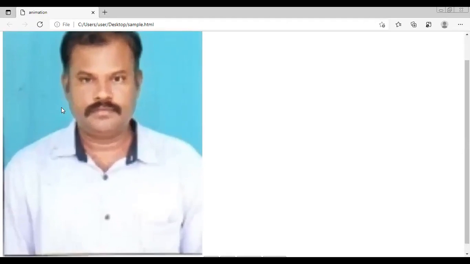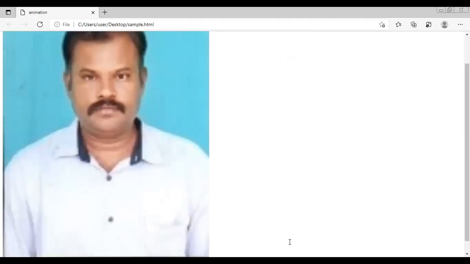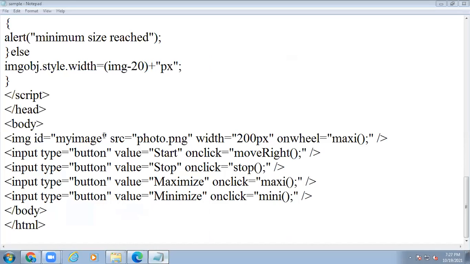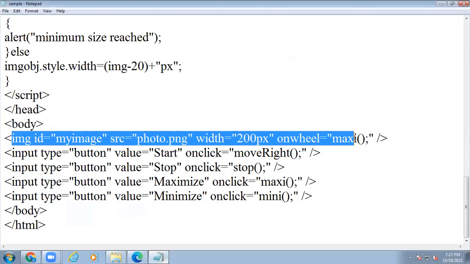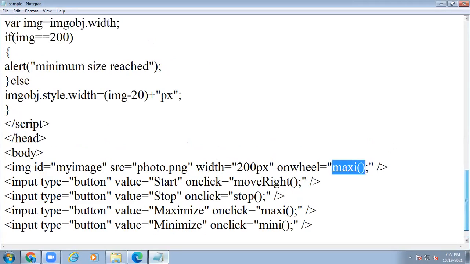Whenever you use it, automatically the maximum size is reached. If you want to change the code, here in this place you can include one event, that is the on wheel event. You execute the maximize function, so when you use the mouse wheel to maximize, that time this function is invoked.